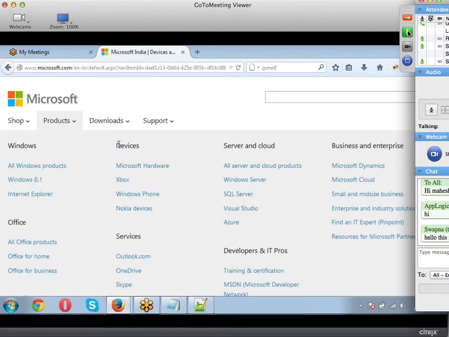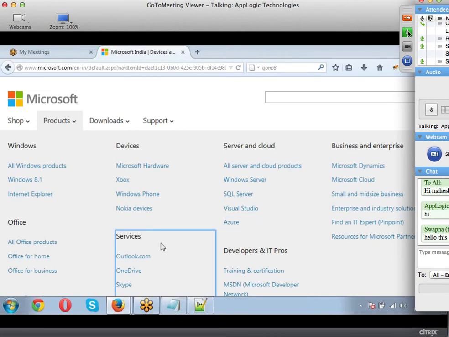Geeta, can you hear me? Yes, ma'am. Okay. So Geeta, your part will be the links under the Windows heading under products. Lavanya, yours will be devices. Give it a try, Lavanya. No hassles. Even if you're not able to, that's absolutely fine. I'll give you the solution. Raj is an exception. Suganya, yours is server and cloud. And what else is left off here? Office and services, right?